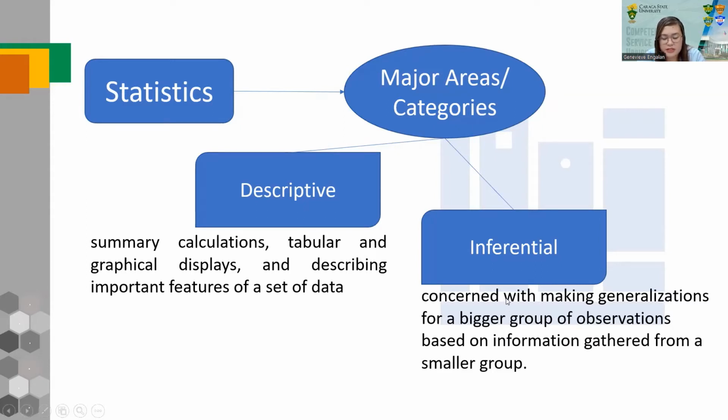Okay, so ang inferential, this is concerned with making generalizations for a bigger group of observations based on the information gathered from a smaller group. So gikan sa atong sample, atong gihimuan og generalization, ato dayon siyang i-apply sa atong population. So naa siya attempt to infer. So pasabot naa siya attempt to predict for future nga values, kung unsa man gani ang iyahang nakit-an, is the more